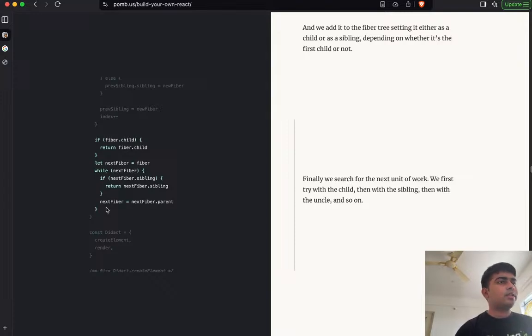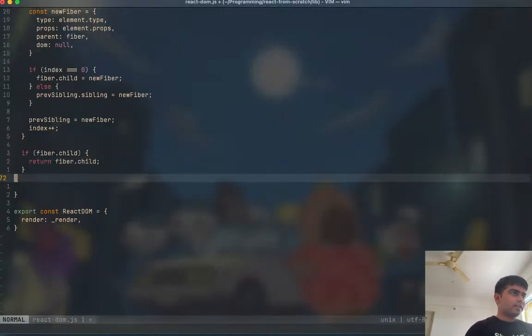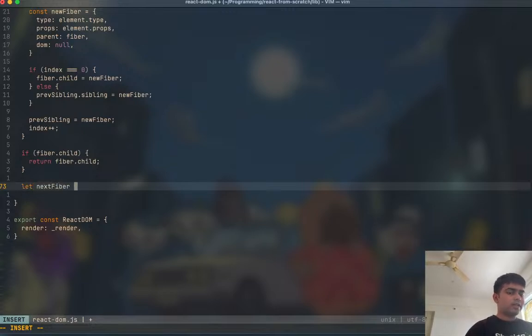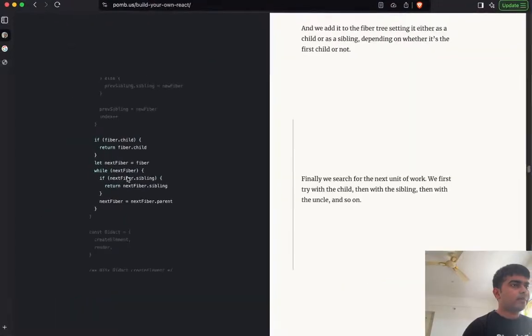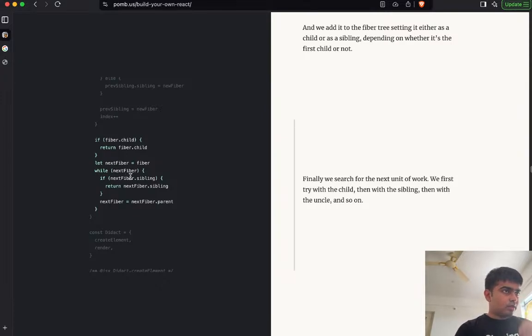Then let next fiber is equal to fiber. We're just switching the context. So fiber.child, we return it, but then we let next fiber is equal to fiber. But fiber was the current one, current parent. So why next fiber? If it doesn't have a child, so suppose there is a childless parent, then what we say is let the next fiber be the parent, and while the parent exists,